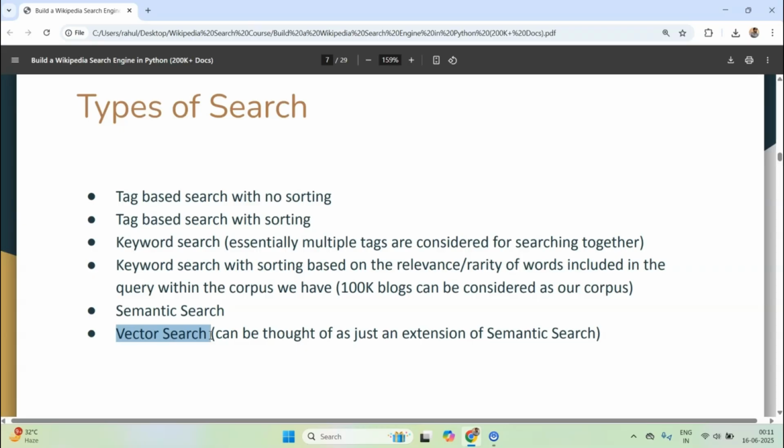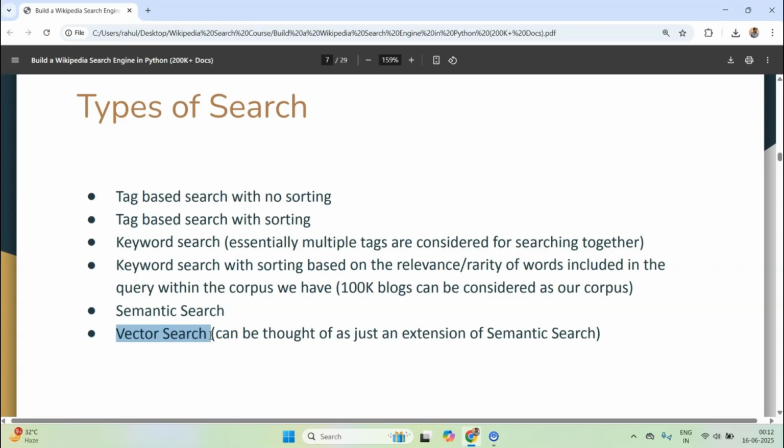Keyword search, this is the most basic form. It checks, does the document contain this word? If yes, show it. Simple. TF-IDF based search, which is essentially a statistical based matching. This is what we will use. TF-IDF stands for term frequency inverse document frequency.